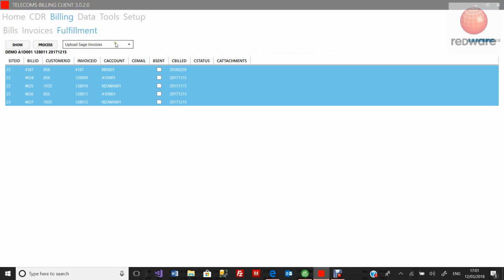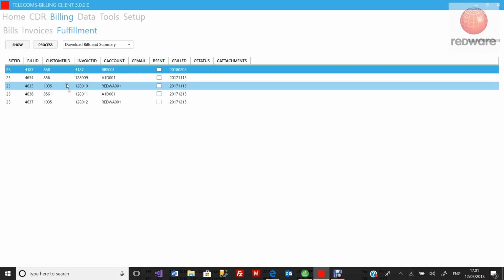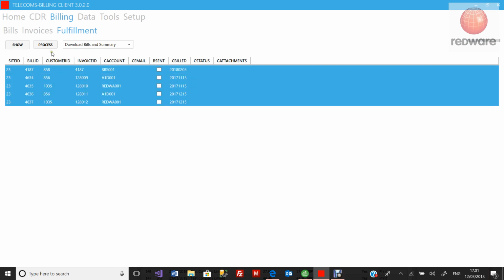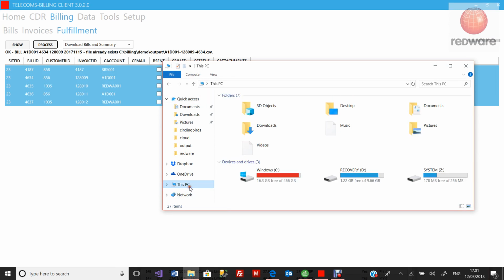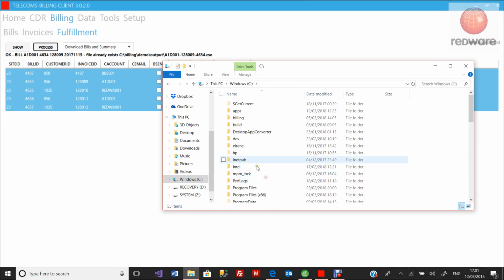We could email them out automatically or download them. When we have a little summary, let's have a look. We've got a little summary for each one, and a CSV file that we would also send out to the customers. So let's just open up the folder that those are being downloaded to,